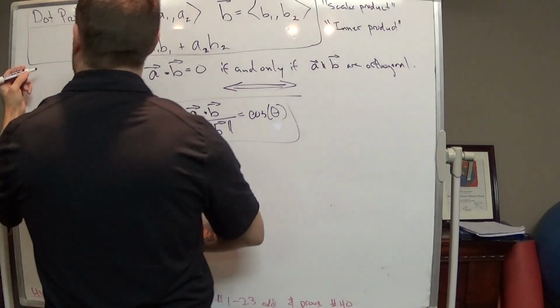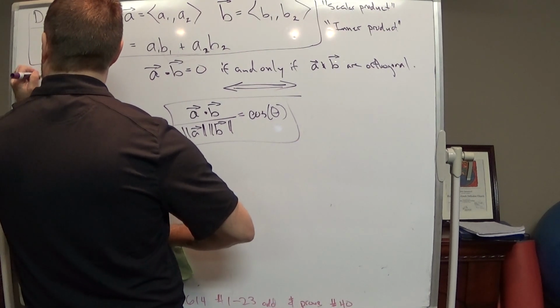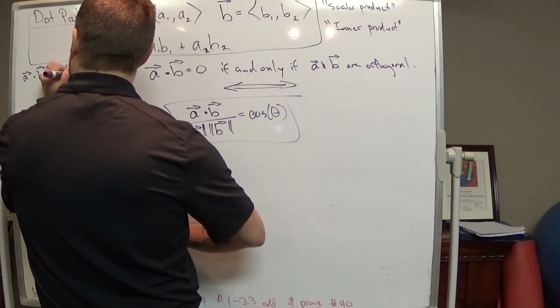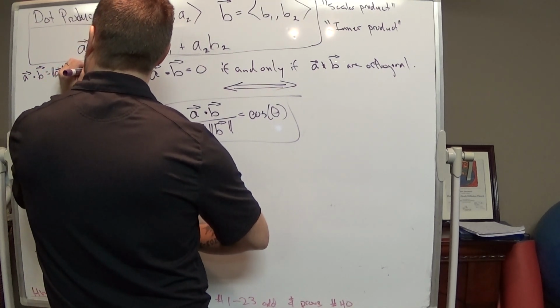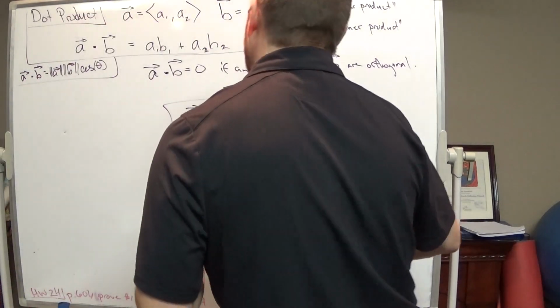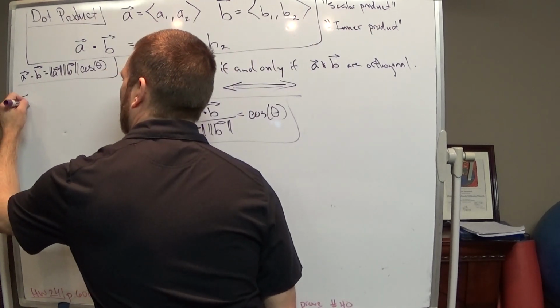Okay, so the other one was that A dot B is equal to the magnitude of A times the magnitude of B times cosine theta. That's your best friend. So, find the angle between